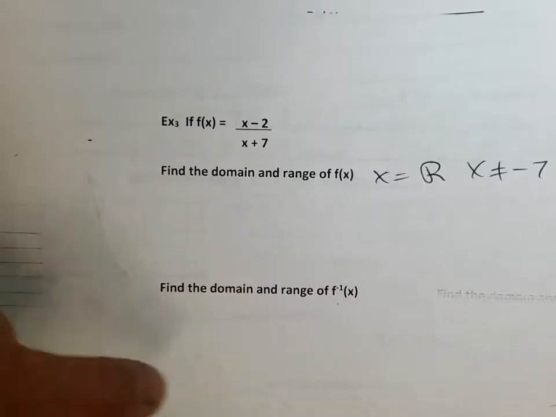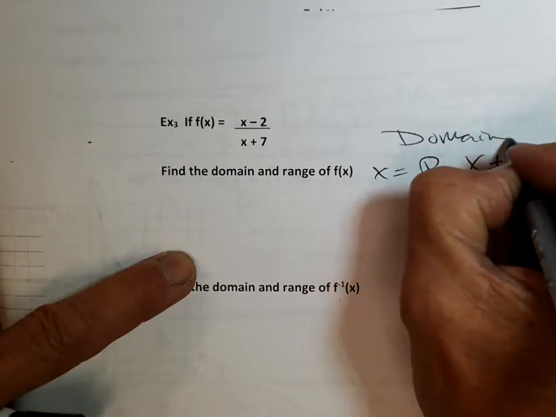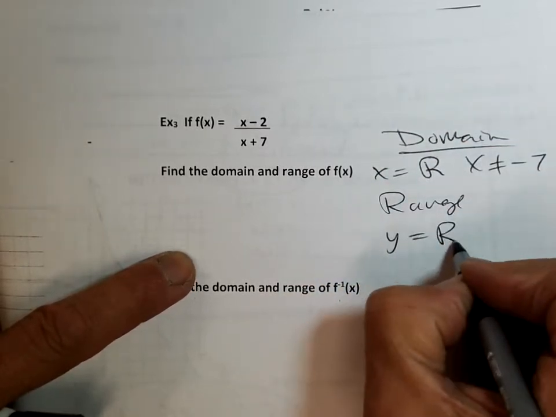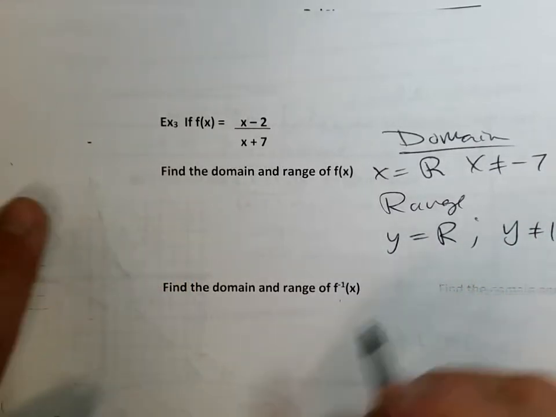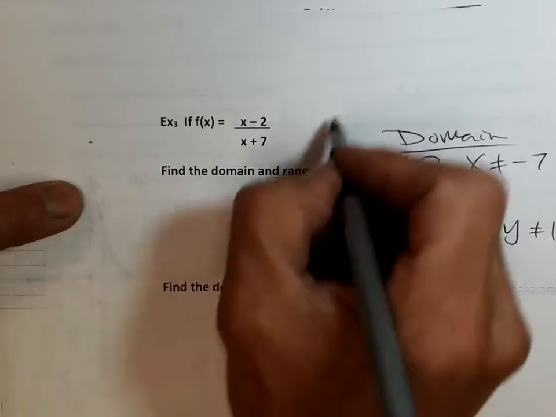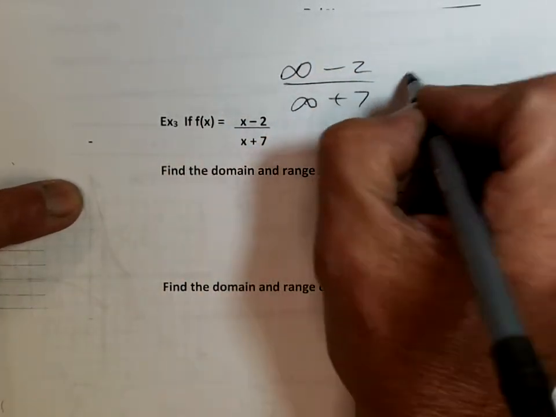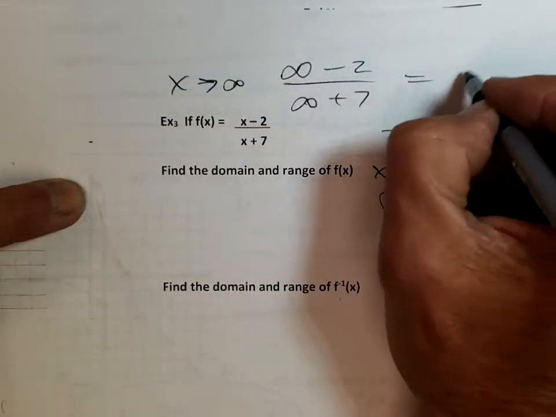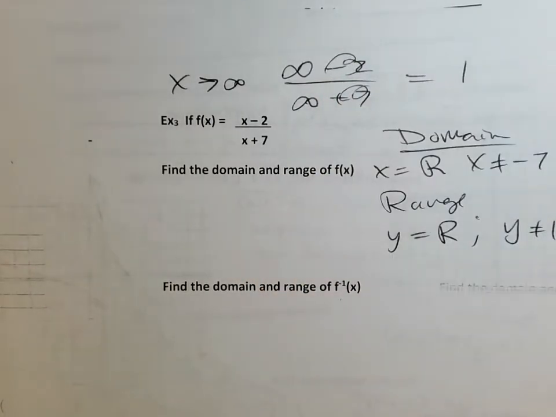So my range is my domain. My range is going to be y can equal everything except y will never equal 1, because we did the infinity minus 2 over infinity plus 7. When x goes to infinity, y goes to 1. Okay, now,